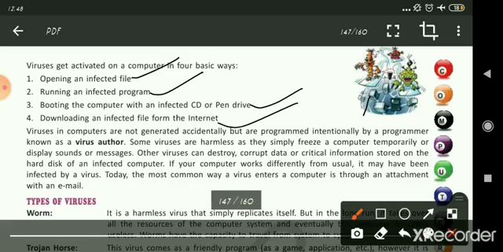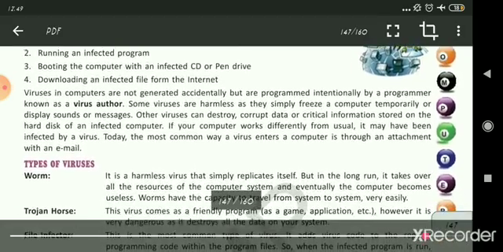Nowadays, the students are playing games, downloading movies online. So very easily, if anyone wants to send any virus, they will share it with the movie link, and you click again, a virus enters your computer and starts destroying, and even you don't know also.